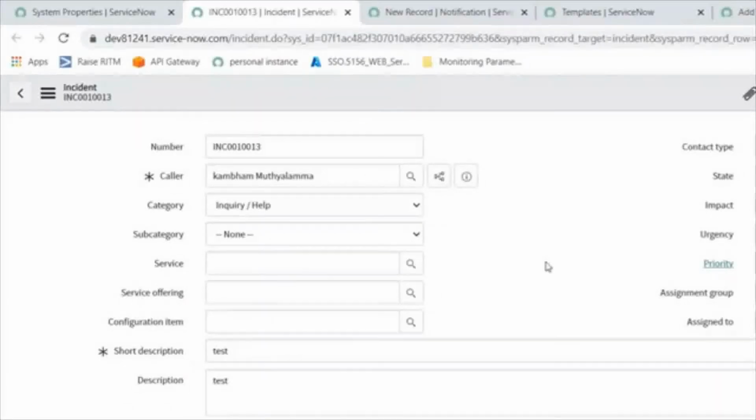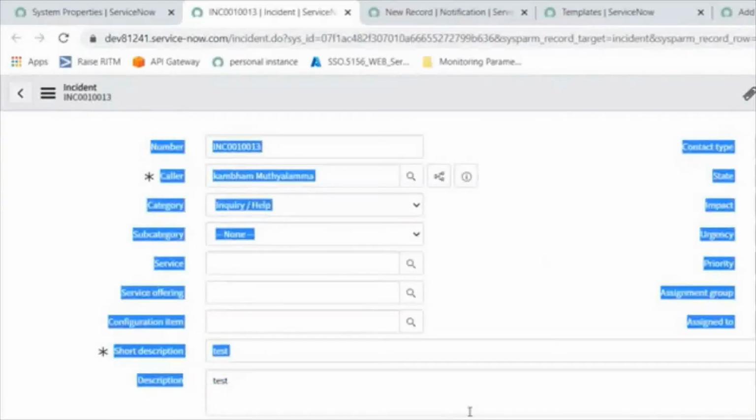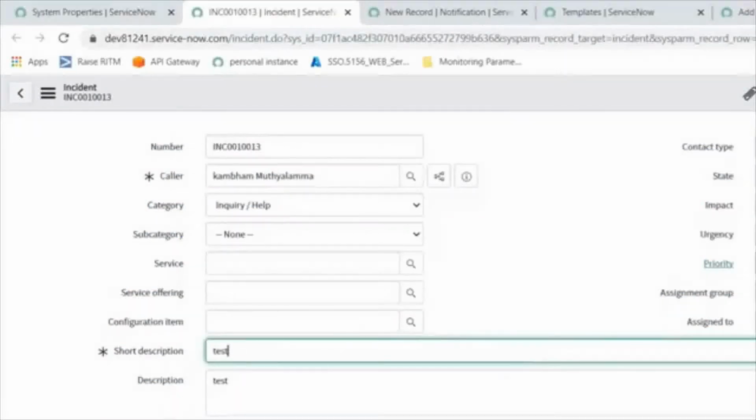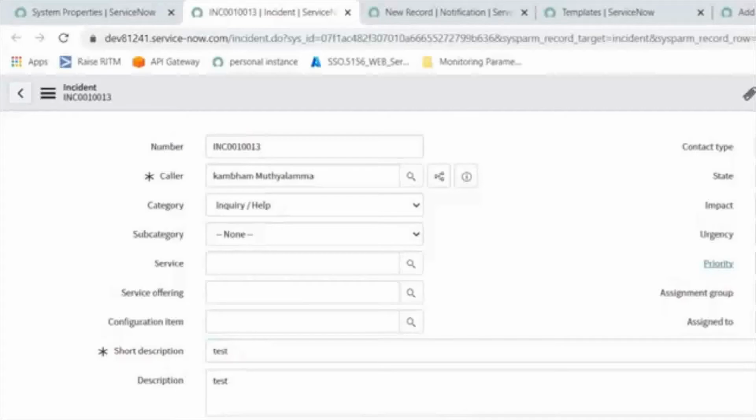They will use this ServiceNow functionality which is already built in, and they can use this form and this data. We are sending this data from ServiceNow to the Jira tool. So the requirement is easier for them.